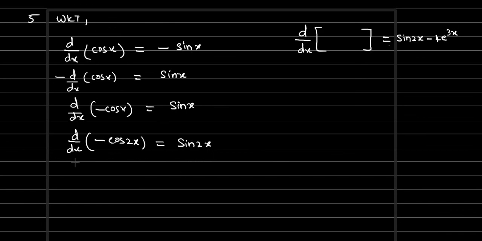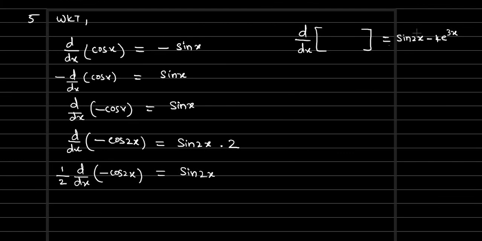Now we'll check whether this equation is correct or not. Minus cos x differentiation is sin x. So minus cos 2x differentiation also sin 2x, and 2x differentiation is what? 2. So into 2. But we don't have 2 here, right? The first term alone, sin 2x. We don't have 2. So send 2 to the other side. If we send 2 to the other side, it goes to the denominator. So d by dx minus cos 2x by 2 equals sin 2x.